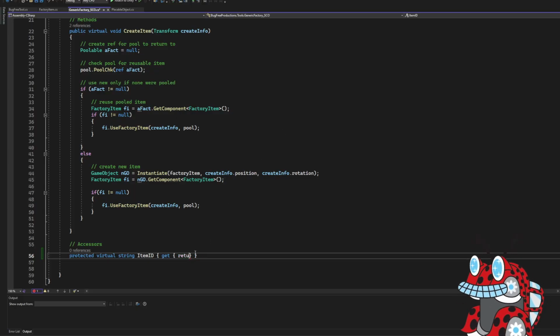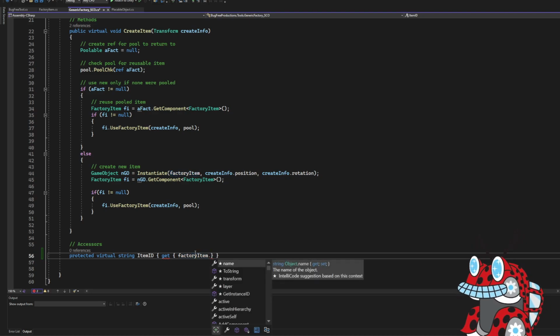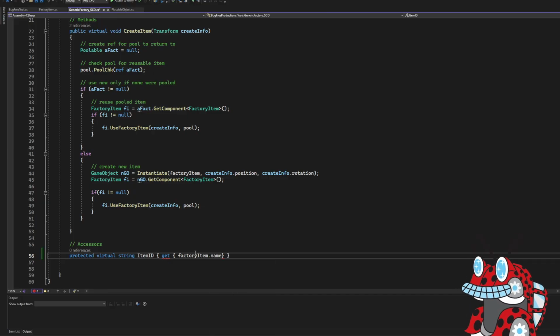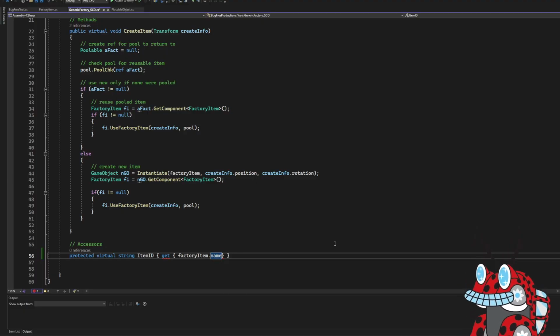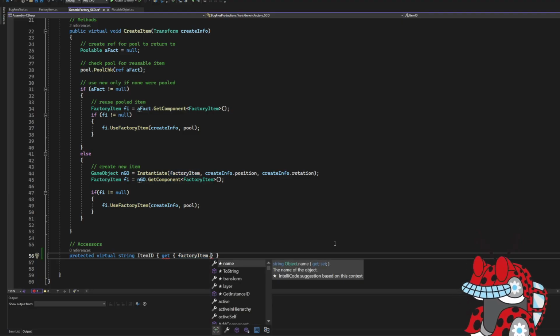Let's get rid of this return right now. Just work us on what we're accessing. Factory item dot, we have a name for it. Did I set this up already? No, because that's a game object, so technically it does have a name field. So it'd be dot